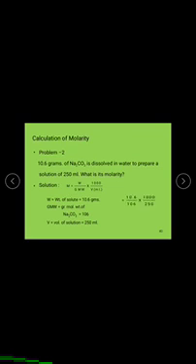When we substitute these values in this equation, 10.6/106 × 1000/250, here all the information is given: 10.6 is the weight of the sodium carbonate, and its gram molecular weight is 106, and V is in milliliters. Then we get 0.4 M.